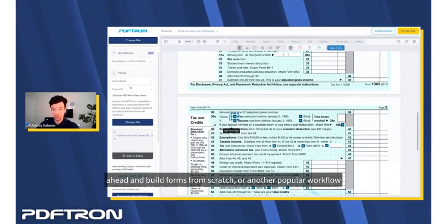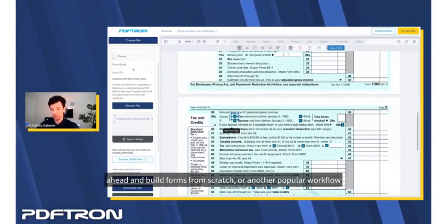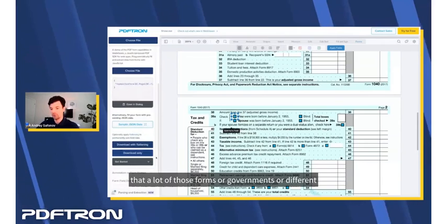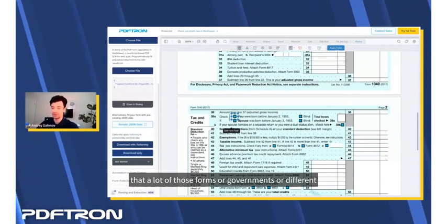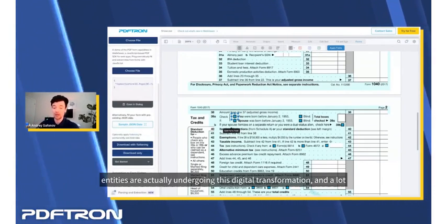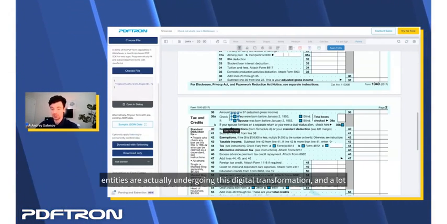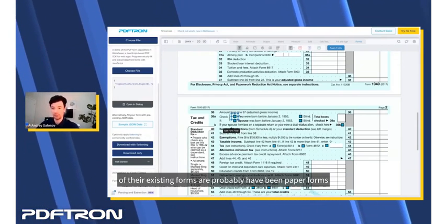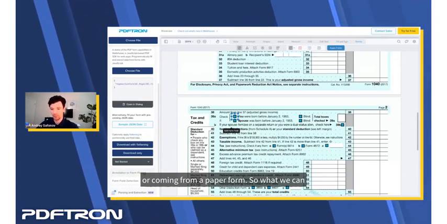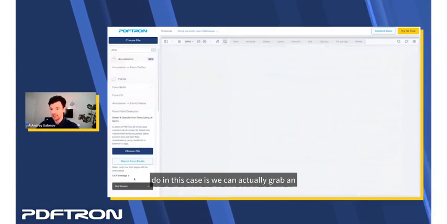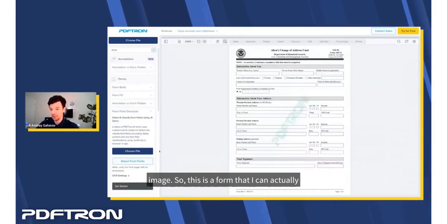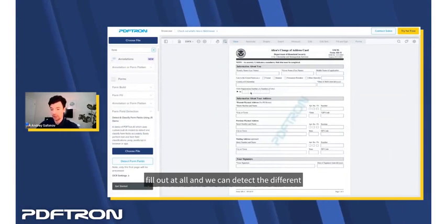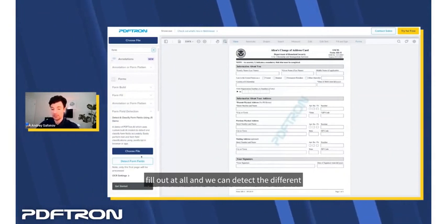Now we can also go ahead and build forms from scratch, or another popular workflow that a lot of forms, governments, or different entities are undergoing is this digital transformation. And a lot of their existing forms probably have been paper forms or are coming from a paper form. So what we can do in this case is actually grab an image. So this is a form that I can't actually fill out at all, and we can detect the different form